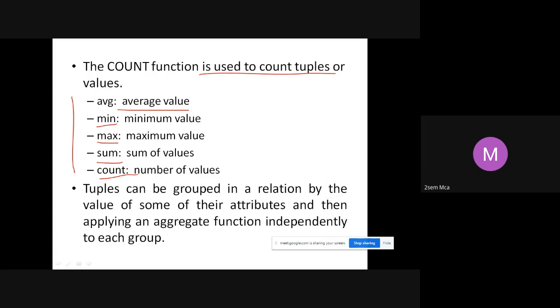So we have seen something like select average of salary from employee. Something like that we have given in SQL, right? We also found the max of GPA. So we gave select branch, max of GPA from student group by branch, because we wanted to find the maximum GPA for every branch, right?